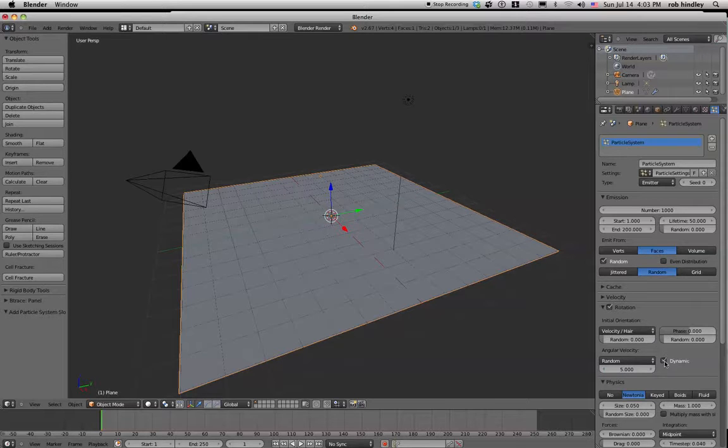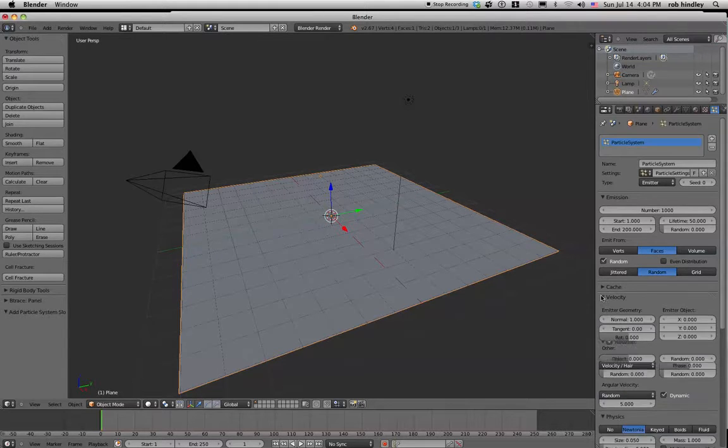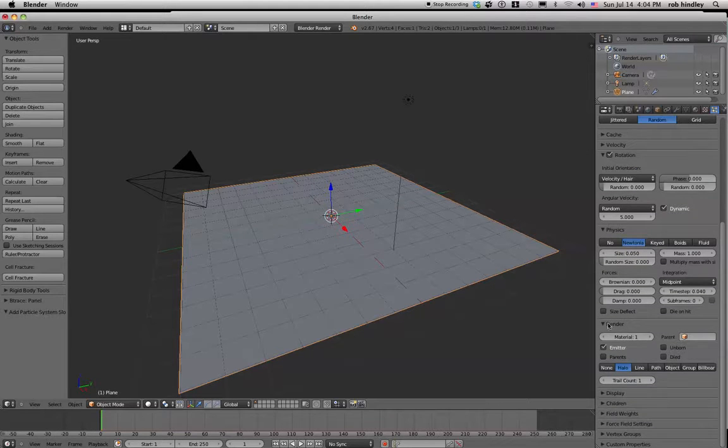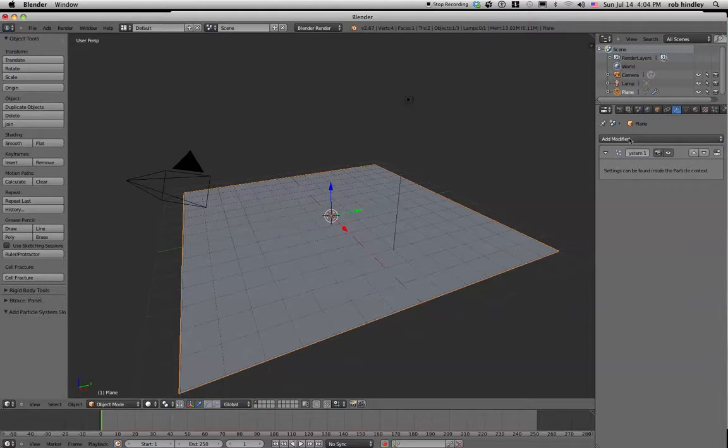Click on dynamic. And just going back to velocity, if we set the emitter object in the z-axis to -5, which forces it downwards, so gravity really takes effect of it. Okay, and the last thing we need to do in the render is to click on none. Then we go to our object modifiers and add an explode modifier, and if we run this you'll see